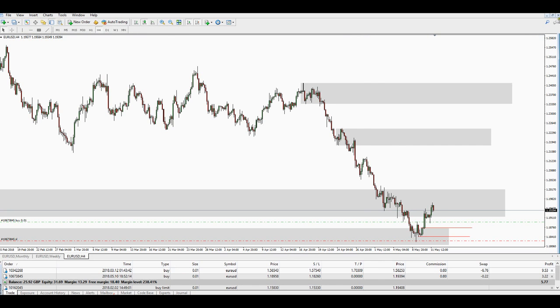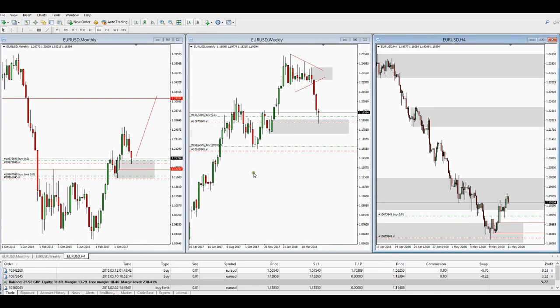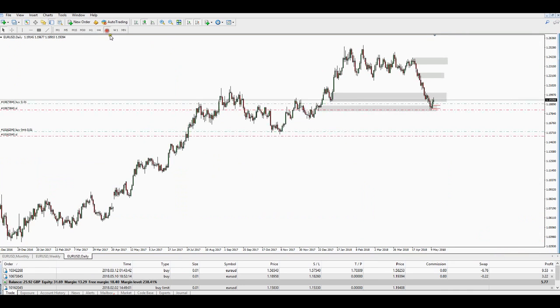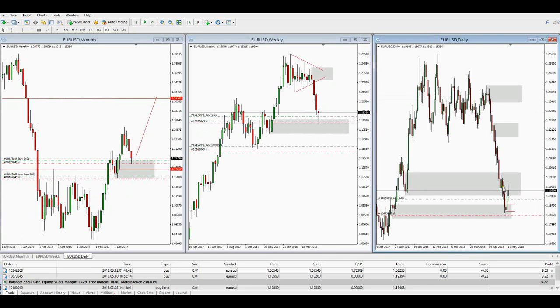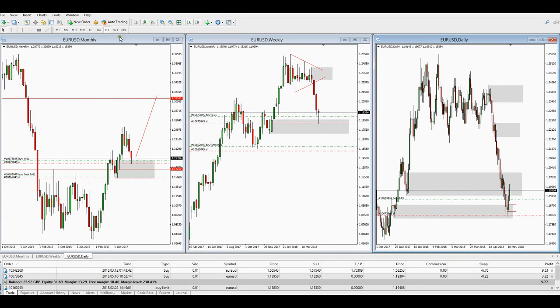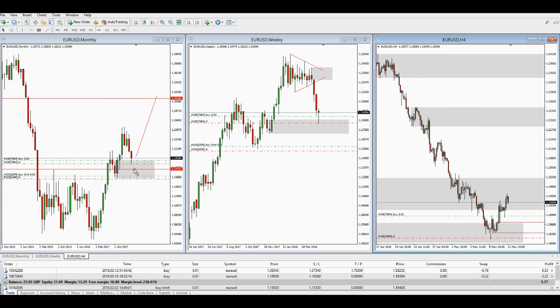Euro dollar, this is the one I'm in now. I was talking about, I had a stop out. Let's just come out to the daily. This level here, I took a chance, gamble. It stopped. I said I watched this level, and what I was watching for was more of a confirmation, which I got. When price dropped into this level here, I drilled down to the 240. Because of where we are on the dollar index and also the euro dollar, into this level of supply and into this weekly level, into the level of demand and weekly demand here, counter trend, but it's within this monthly trend within the timing rule as well.